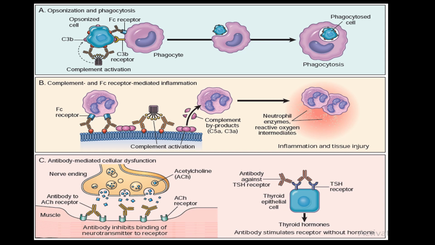When an IgG antibody coats an antigen, phagocytes have specific receptors for IgG antibodies. Okay, a cell which is coated with IgG antibody is an easy prey for a phagocyte. Not only identification by the phagocyte, when IgG or IgM antibodies are present on the cell surface, they can also activate the complement system. Once the complement system is activated, there is subsequent production of different complement activation components like C3, C5a,